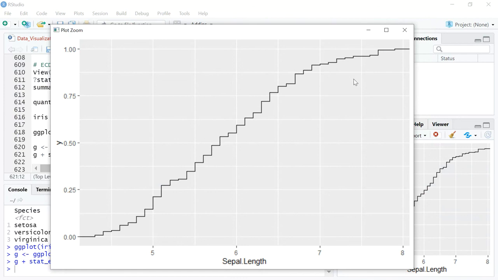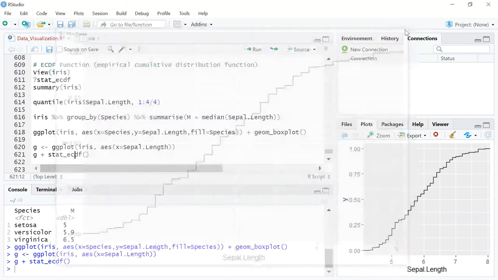Your curve will always go from 0 to 100%. As you go through the x-axis, it just tells you how steep the curve is, so are you getting too many observations up front? This tells you in a way where your data is skewed. The current curve is not a y equals x straight line. You feel that some of your data is definitely in the 6.5 to 8 sepal length bucket. So if you want to do a quick cumulative distribution, you can use the ECDF function.